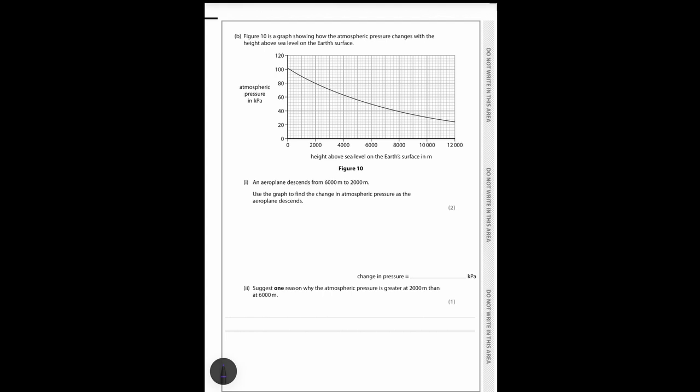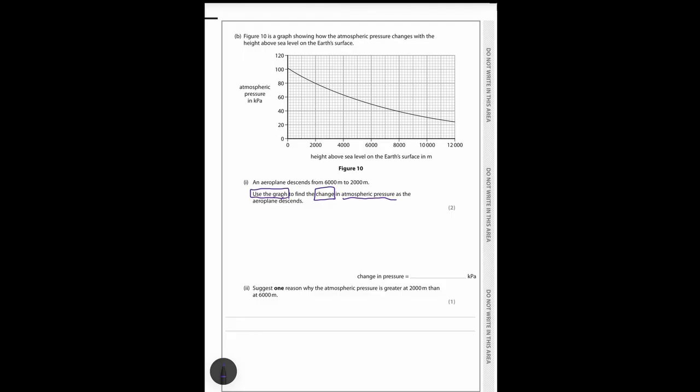So let's have a look at what the question says now. So the aeroplane is going to descend from 6,000 to 2,000, use the graph to find the change in atmospheric pressure. Okay, so first it's telling me straight away I've got my opportunity to use the graph, so I'm obviously going to draw on it here. And then the other word that stands out to me here is change. Now, because it's saying atmospheric pressure, I'm thinking, am I going to have to do a calculation? Am I going to do a formula that says pressure equals,